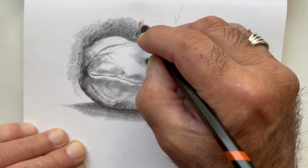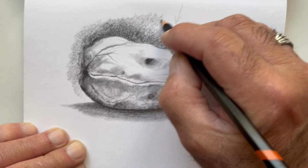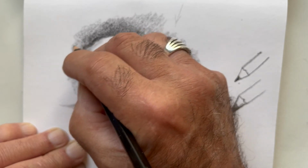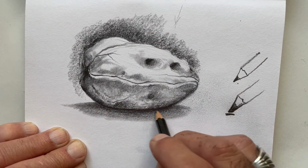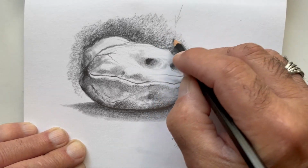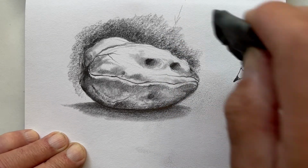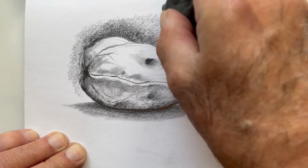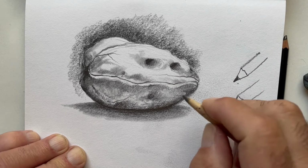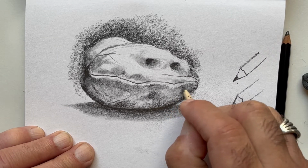If you come out a little bit further, I might come up a little bit here. And like I say, I'm going to come back in with my blending stump because I want to get it a little bit smoother. I like that smooth look that you can get. So we're going to do a little bit more smoothing here. We won't worry about my direction there. Once you're this far along, you don't have to worry about where your light is. You just take that arrow off of there because you're not going to need it anymore. Okay, so let's go back in now. I'm going to go back in, do a little more blending in here,